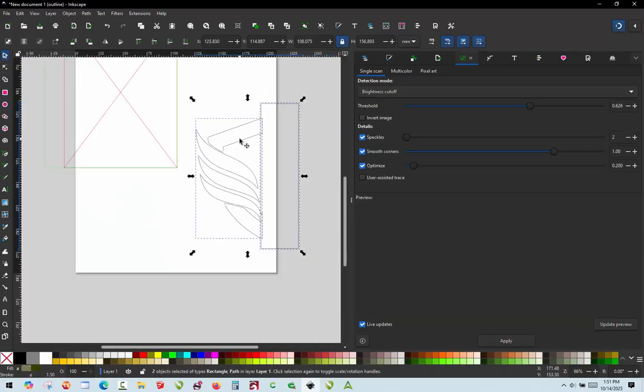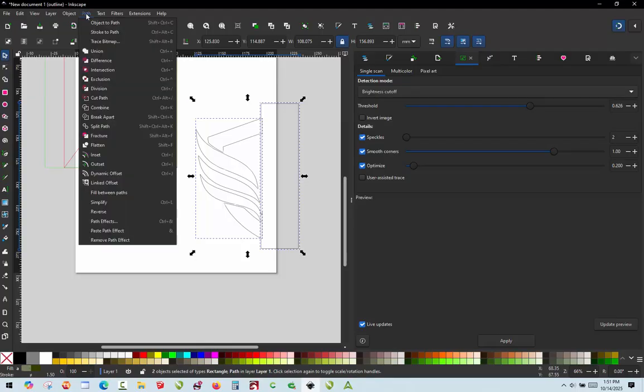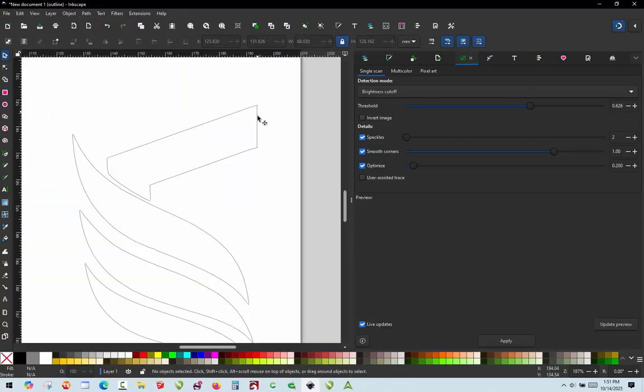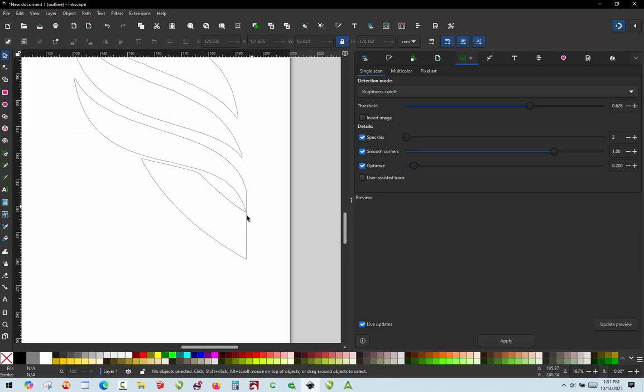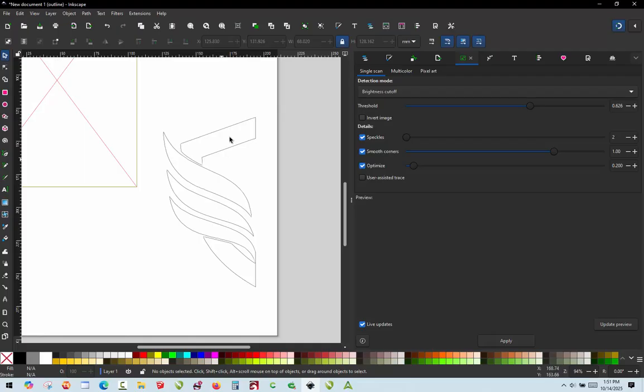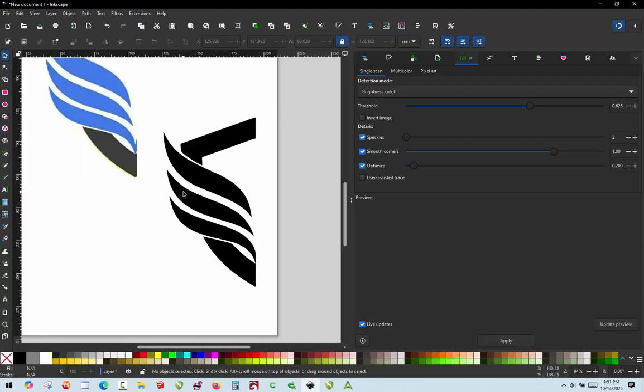Hold the shift key down and select our image. And then we are going to go to our path. And then we are going to choose difference. And you can see now we have a nice sharp line there. And then down here, nice sharp line as well. And that is what I'm going to call good. All right, so next step then is to break all of these elements apart,